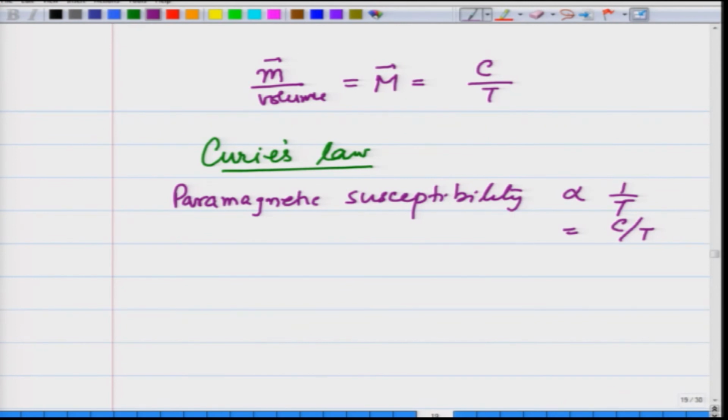So, this is the introduction to paramagnetic systems, where what we have done is we have taken an atom, seen how the levels are split under Russell-Saunders or LS coupling when a field is applied, and then populated them according to Boltzmann's law, and using that we found the paramagnetic susceptibility. So, to conclude this lecture,